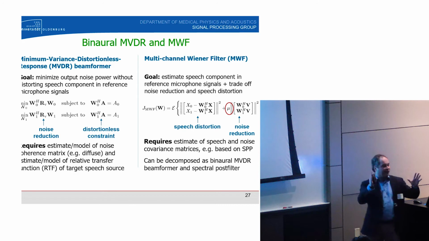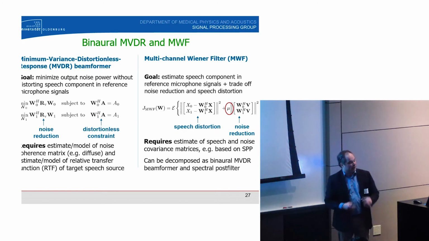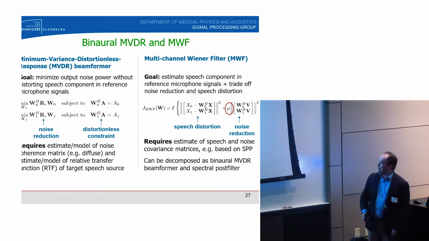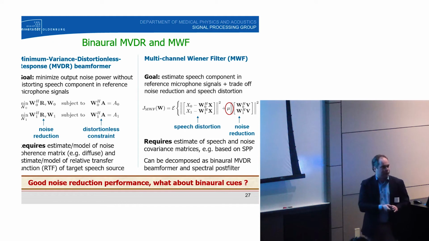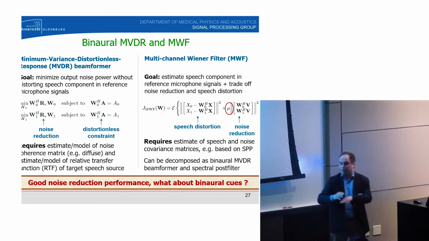So this MVDR beamformer and multi-channel Wiener filter, I explained it for, let's say, the monaural case with just one output. Basically, you can reformulate all these equations for two sides, left and right side. Here also left and right side. So we'll not go into detail here. It has quite good noise reduction performance. But what happens if you plainly use this kind of algorithm, binaural MVDR beamformer or binaural multi-channel Wiener filter, on